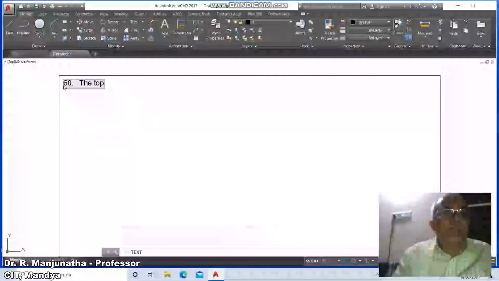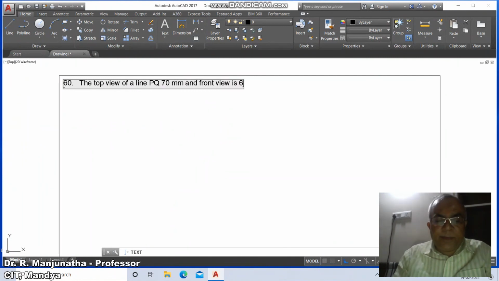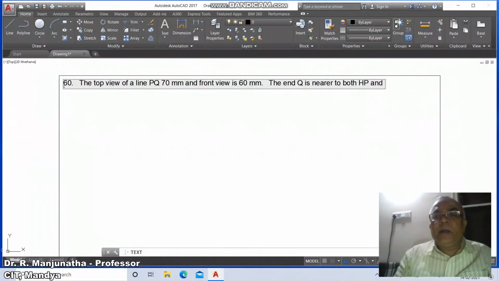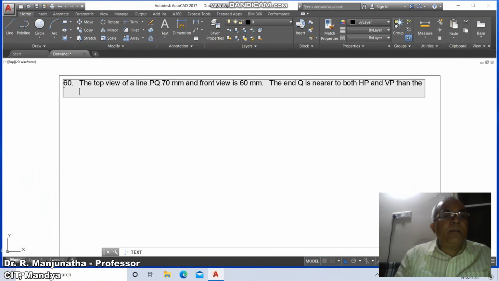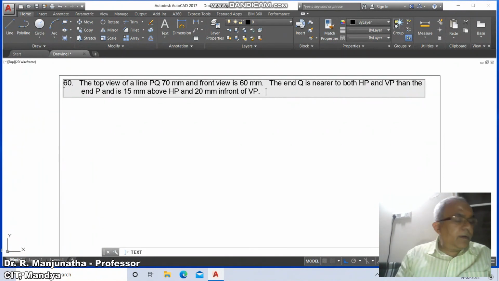The top view of a line, capital PQ, is 70 mm, and front view is 60 mm. The end Q is nearer to both HP and VP than the end P, and is 15 mm above HP and 20 mm in front of VP. Draw the projections